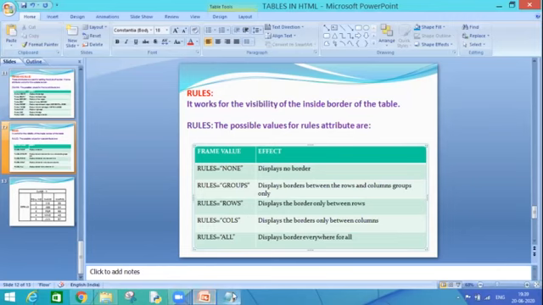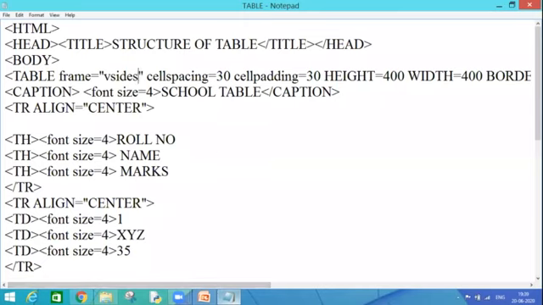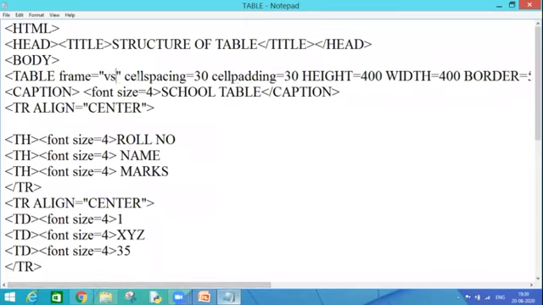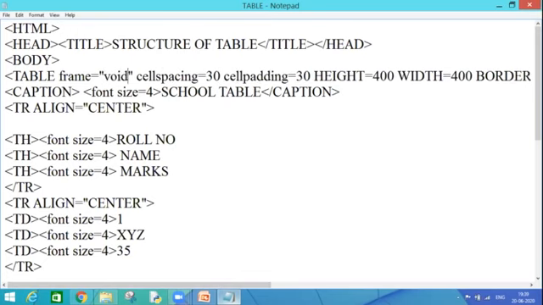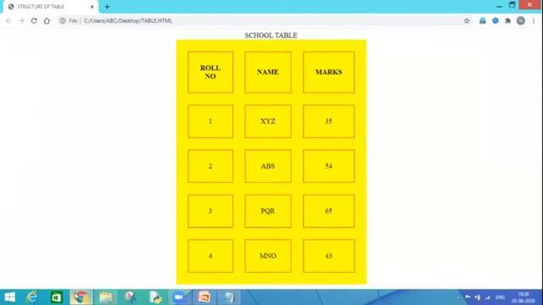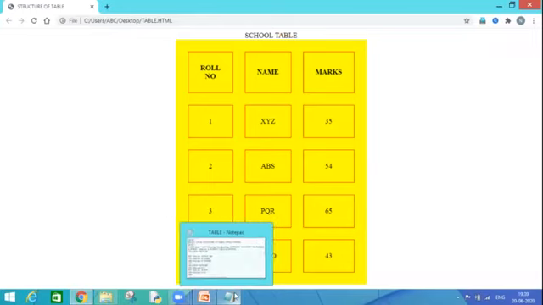So let's have a look practically. I would say void. Let's remove the border in the frame. Control S. Now there is no outside border. Only the data is enclosed within a border, which is known as the inside border of my table.